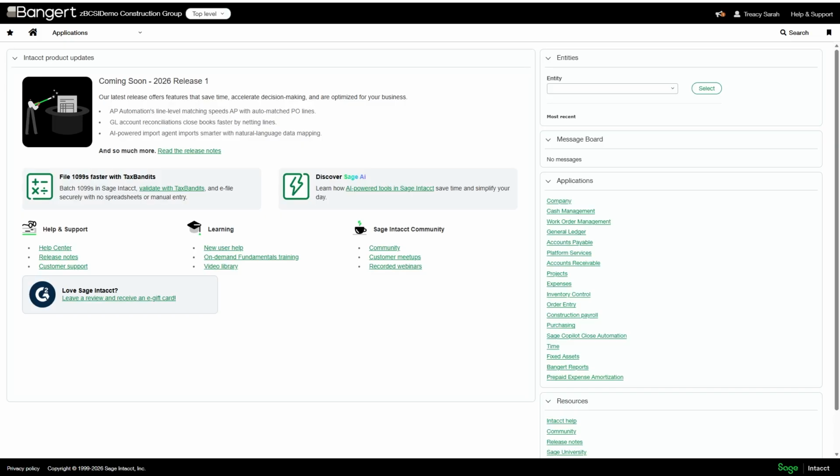And if you're on your homepage, you can click Read the release notes, which will bring you in and show you all of the updates that are part of this release. We do not cover all of them. We only cover the ones that are pertinent to our customers. So I recommend that you click in to read the release notes and just have a read through that and see if there's anything that we don't cover that is applicable to yourself.